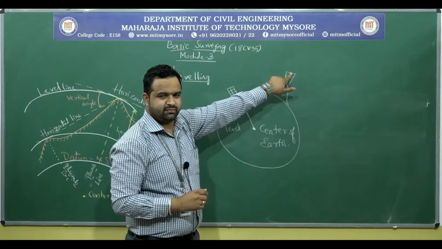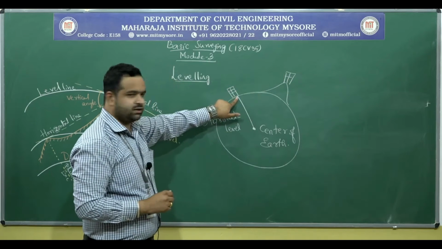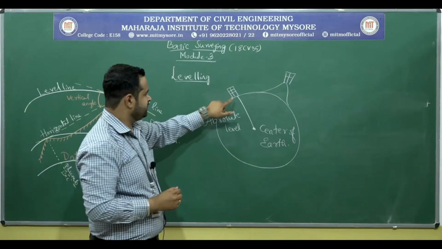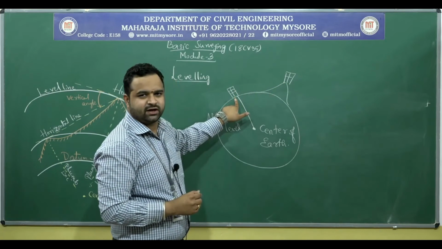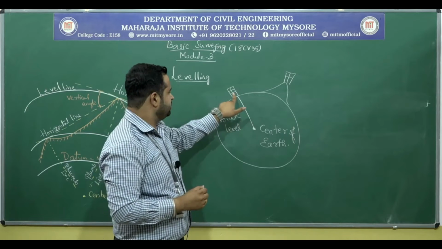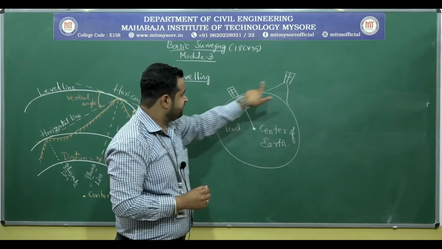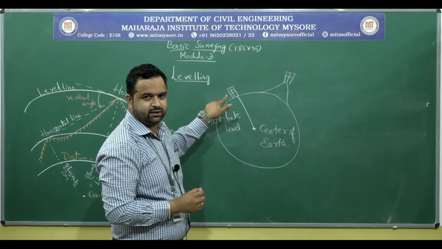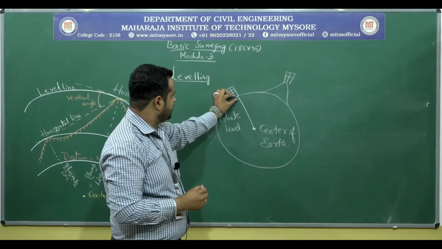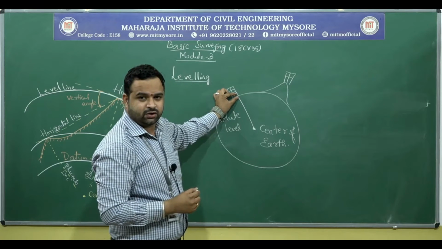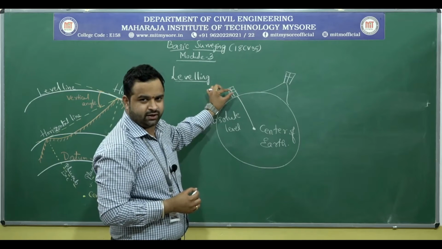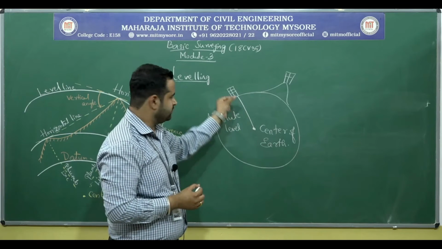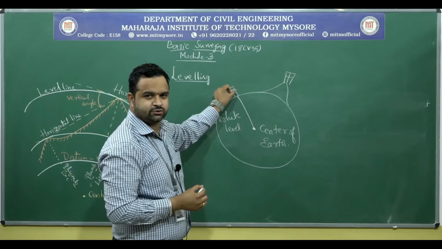If you observe these two diagrams, you can make out that here there is a hill above which there is a building located and here there is a valley where the building is located. So, there is a difference in height between these two buildings. Now, if you want to determine that vertical difference in height, you need to know at what elevation this building is located. You cannot simply locate it easily, you have to take a point as a reference, then only you can say it is located at so and so place.